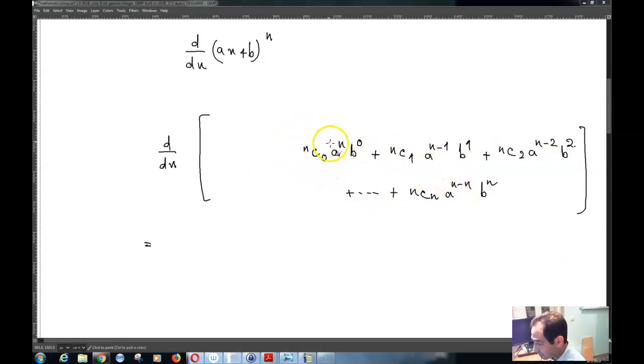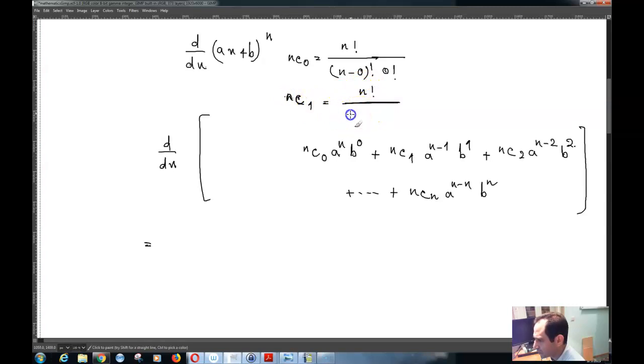So for example, n combination 0 is equal to, you know how combination works, so it's n factorial over n minus 0 factorial times 0 factorial. That is n combination 0. Now if you have, for example, n combination 1, that is n factorial over n minus 1 factorial and 1 factorial, and so on and so forth, all the way up to n minus n factorial would be